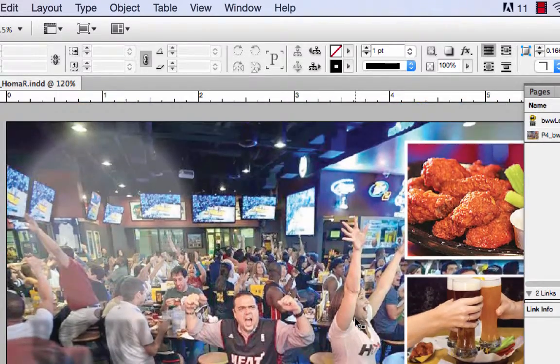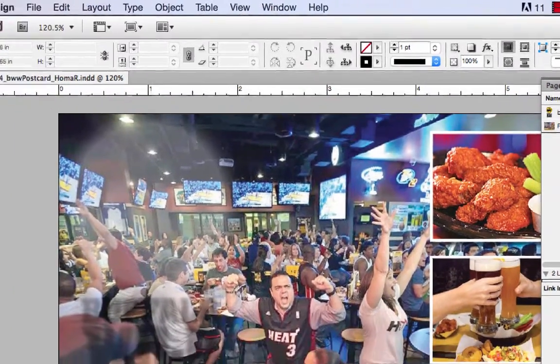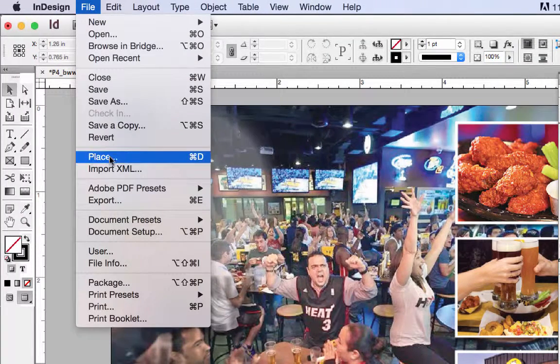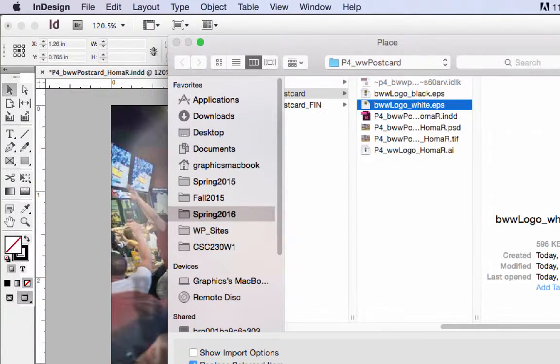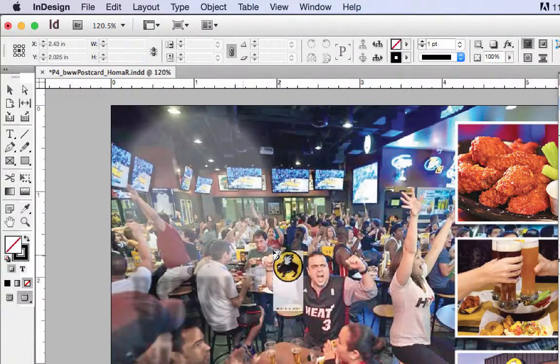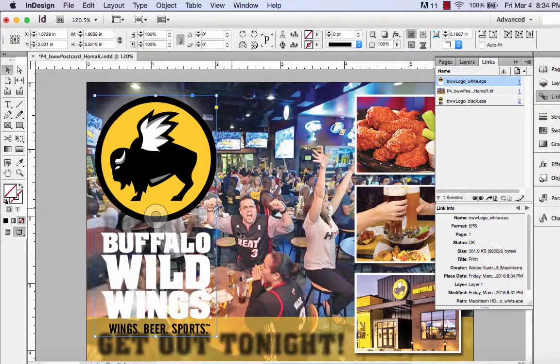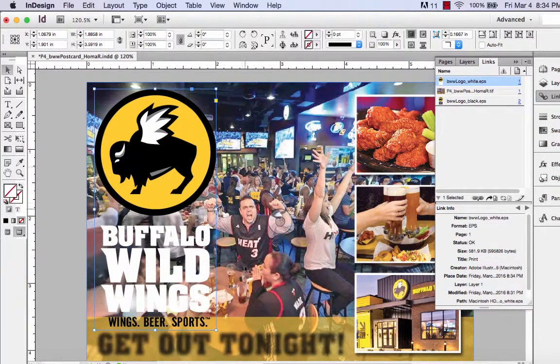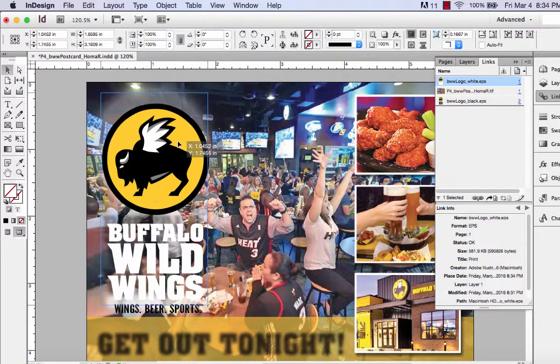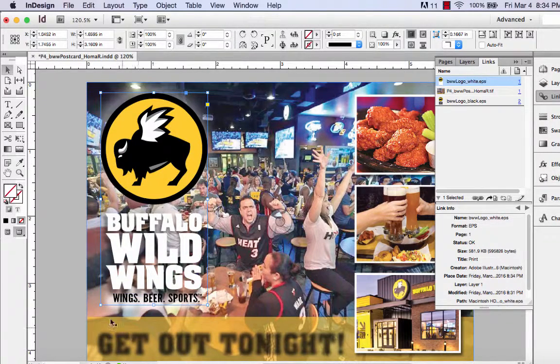That'll show you nice crisp quality. And then also on this page, I'm going to place again. I'm going to do File, Place, and place in my white logo. And I'm going to bring that over here. Now I'm not sure about the size right now, because the size I had in my Photoshop one was a little different, so I'm going to have to scale this down a little bit. I should have done something to note exactly what the size was, and what I might do here is just make my frame bigger,